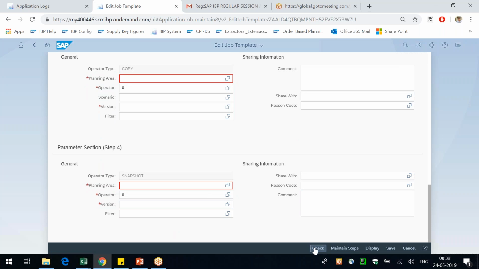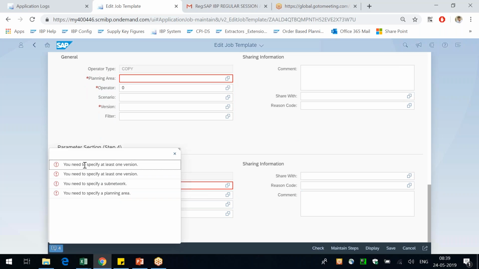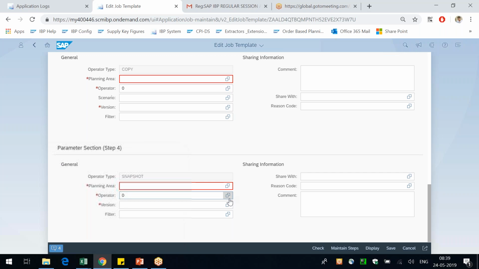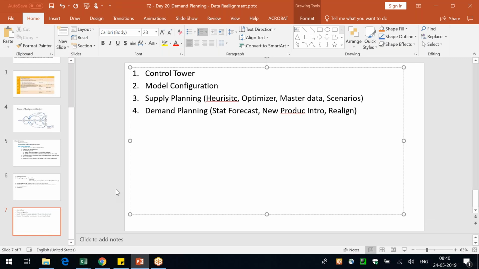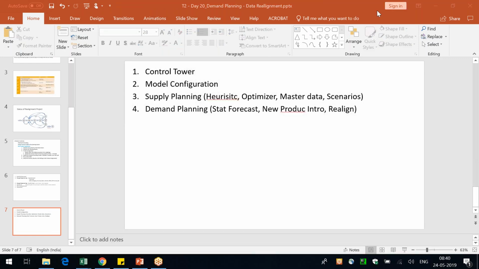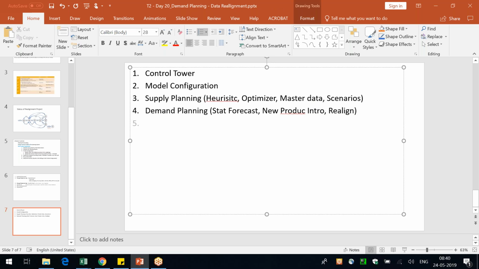Do everything, do a check. It says that there are a lot of issues. If the check is fine, you can schedule this job template, and you can actually see all things running as a chain. Yeah, so where were we? Yes, we just kind of